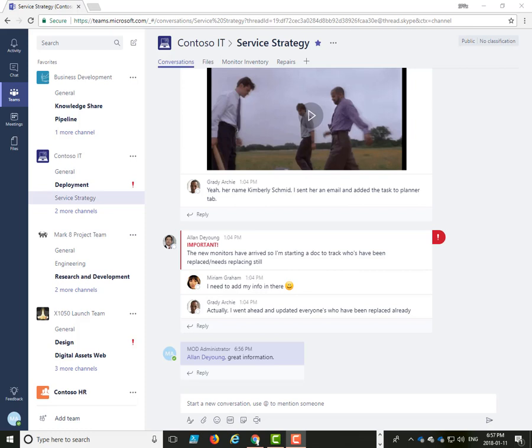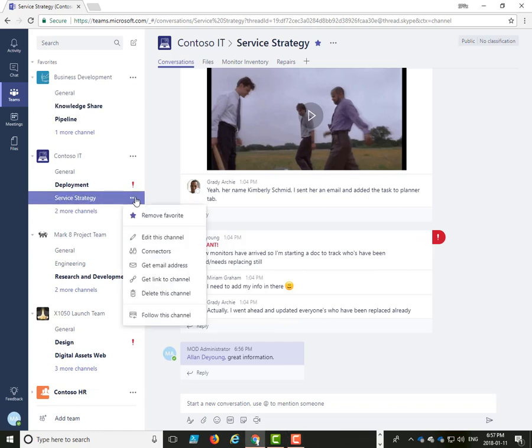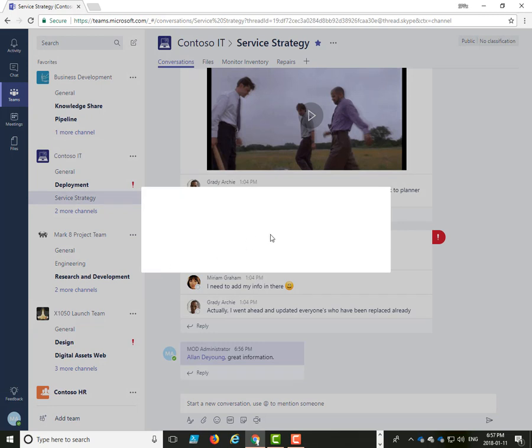Now, there may be scenarios where you want somebody from outside of Microsoft Teams to contribute content into the conversation. For example, an external client or even somebody inside the organization who doesn't have access to the specific team wants us to provide some information. So one way to do this is by actually getting the email address to each channel.